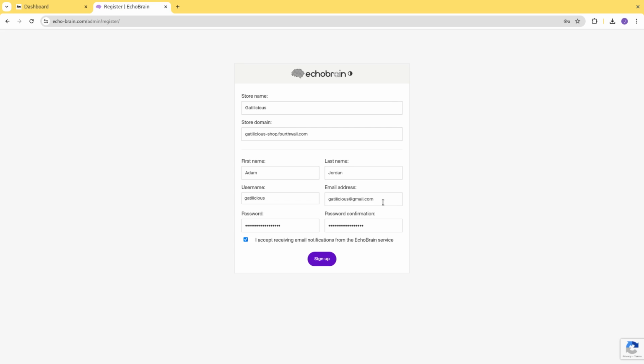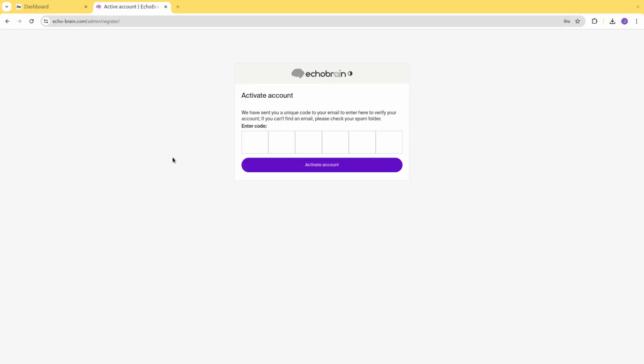address, and then we're gonna need that code. We're gonna need to enter that code in the next screen. So just a second. So we checked our email and we actually got an email from EcoBrain with a code. So just copy that code and paste it in here,